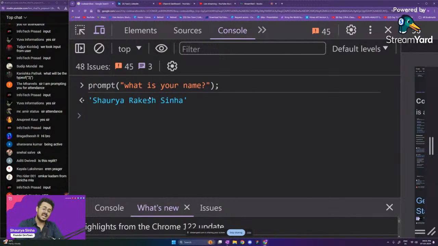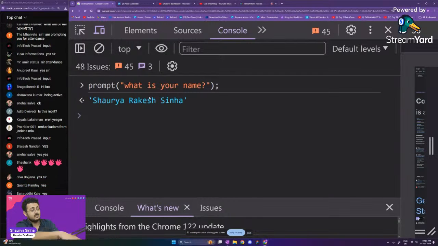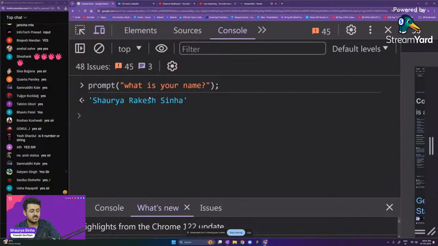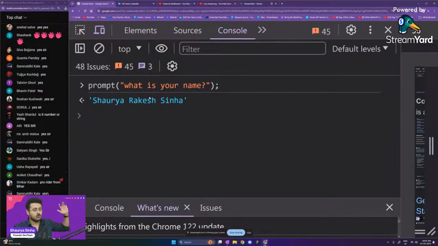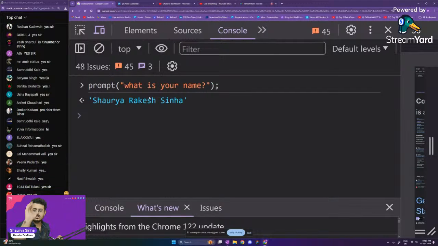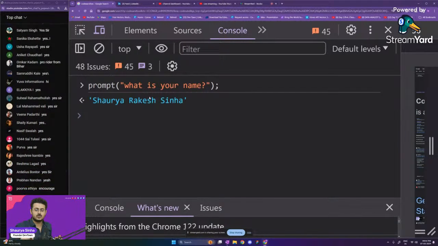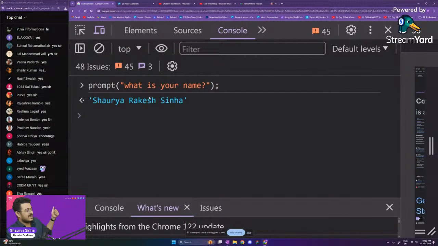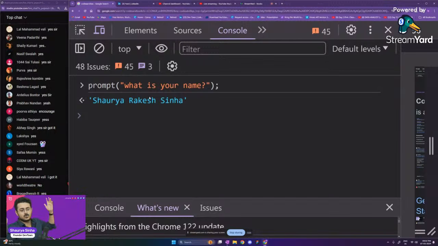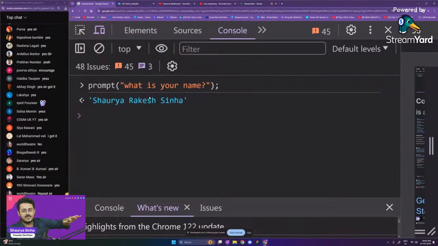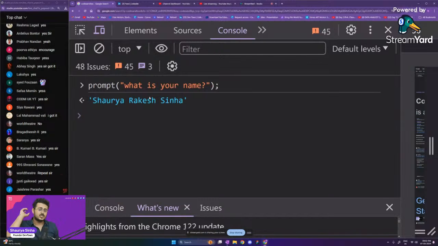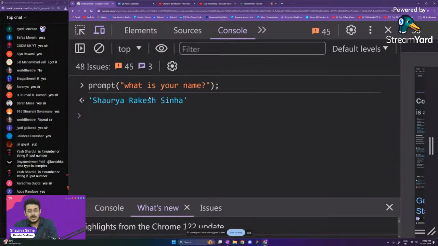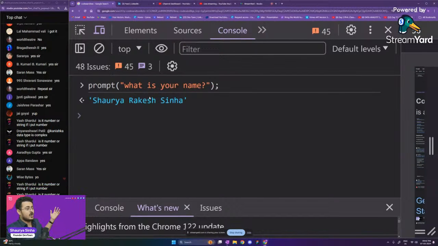Now, although the user has given me the input, and I'm able to see it right here on my screen, I'm not able to use it. Think about it this way: there's a wall behind me, and somebody threw something towards me. I don't have gloves, so I'm not able to catch it, and it gets stuck to the wall. That is what is happening here. You asked the question, the user threw his answer towards you, but because you don't have any mechanism to catch it and store it somewhere, you left it and now it is stuck to your console.